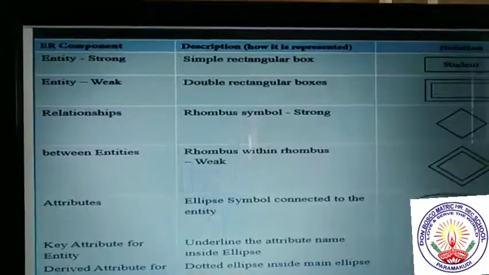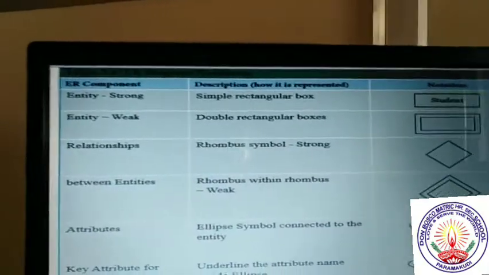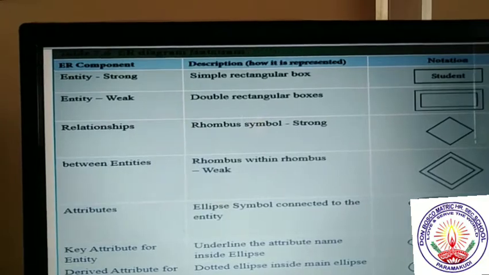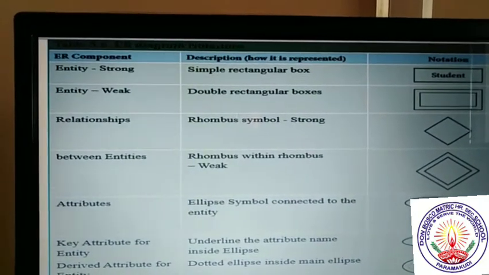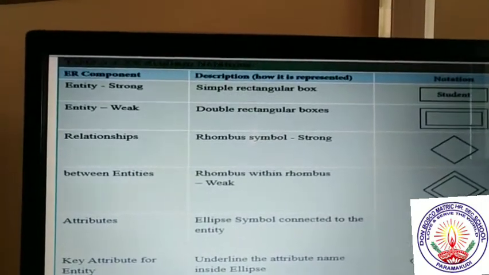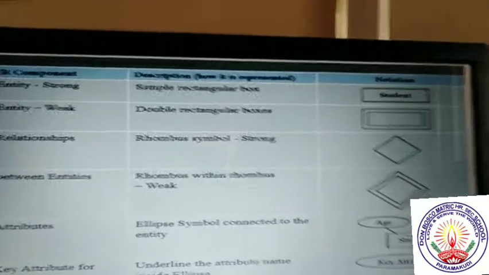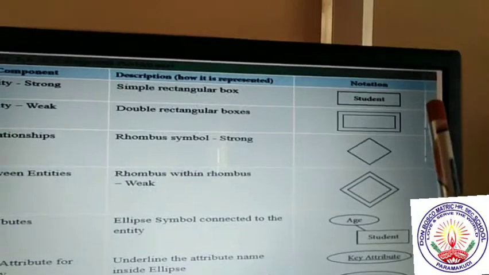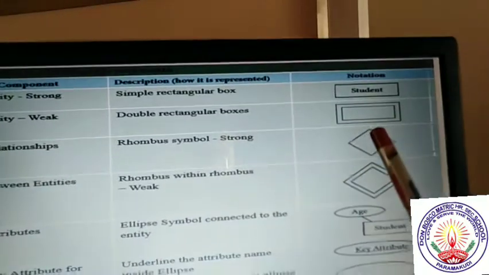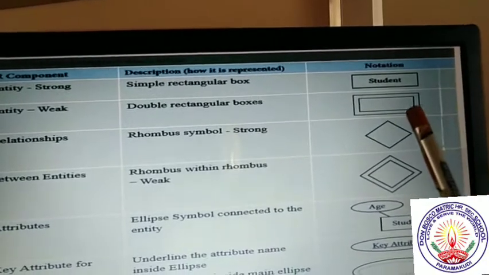Just you have to see this picture. So if you create the entity like strong or weak entity, if you create the entity as strong, we have to use only a rectangular box. If you create the entity as weak, we have to represent it in a double-sided rectangular box.